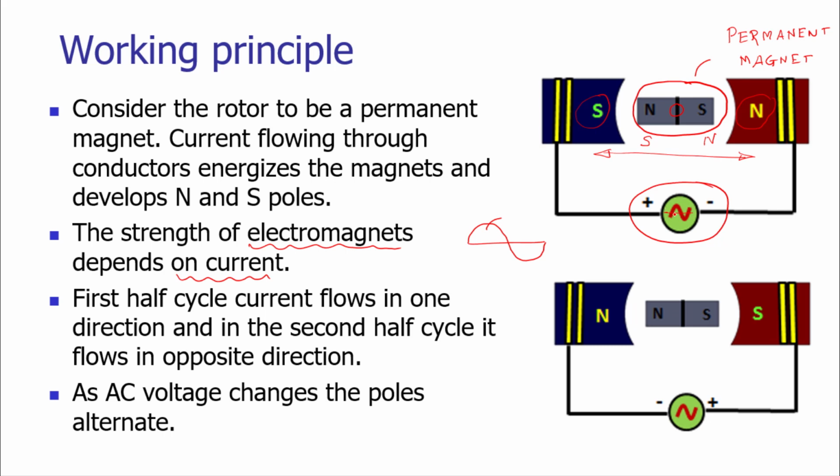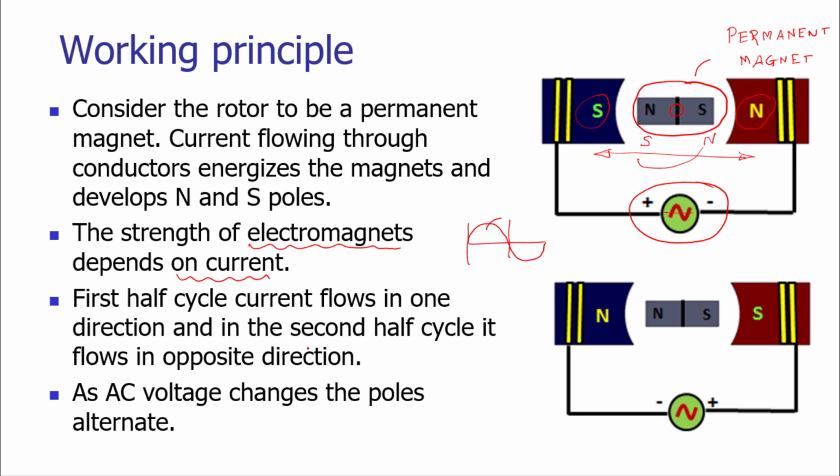So when this half wave, that is a positive towards this south pole, is energized and negative polarity is given to the north pole, then what happens? This south pole which was there in previous case will get repelled, and this north pole will get attracted towards its opposite pole. So in this way the rotor rotates by 180 degrees. That is for first half wave of the alternating current.